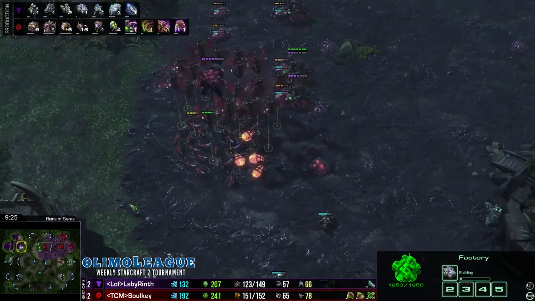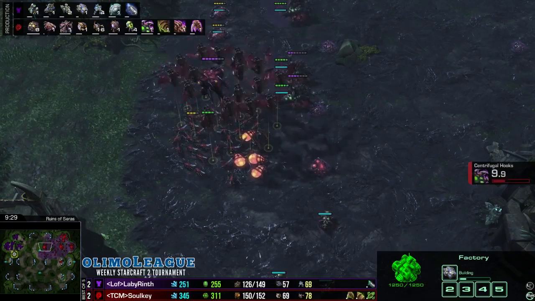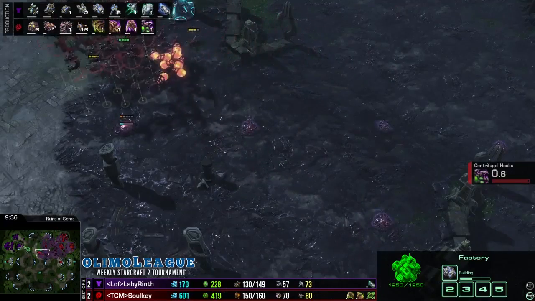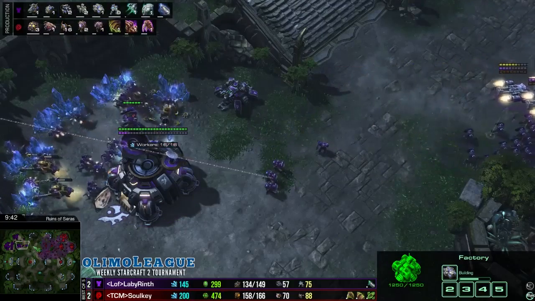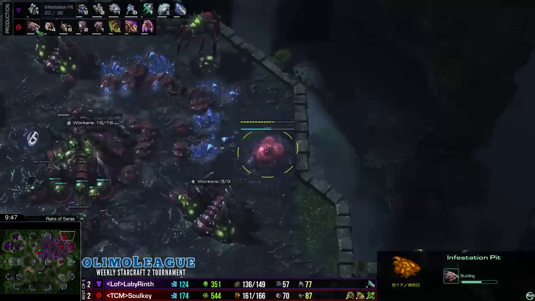The Thor comes out here, which is a little interesting to see, but the Thor is not entirely dead yet. It does have a lot of health. It can actually soak up a couple of banelings. It does provide that splash against the mutas, even though he's also going for liberators. And he is going for a second starport too. No fourth base yet, so I think he's going to do at least one more push before Hive is out, and Hive's not even started yet, so...